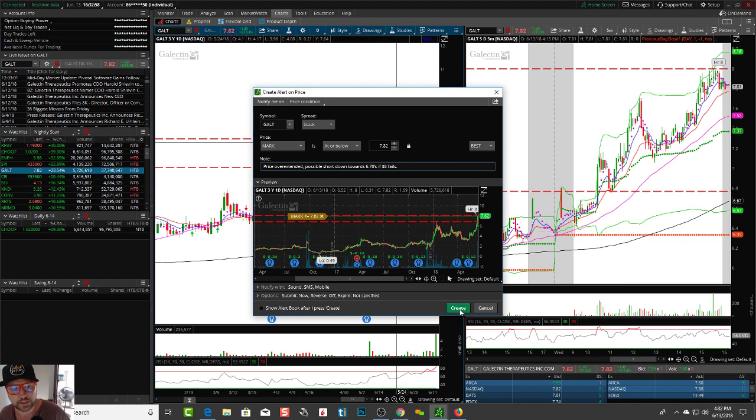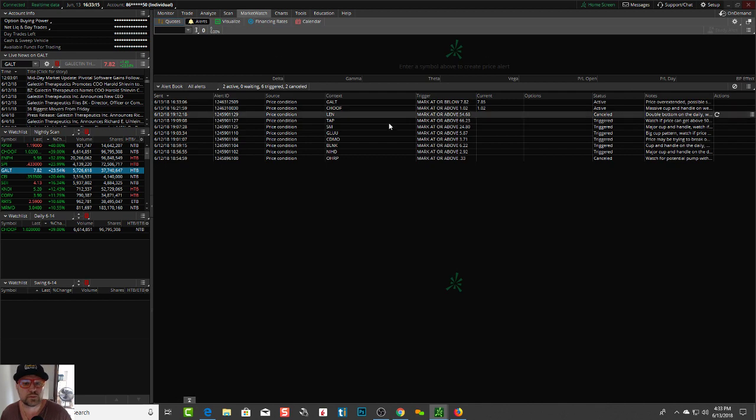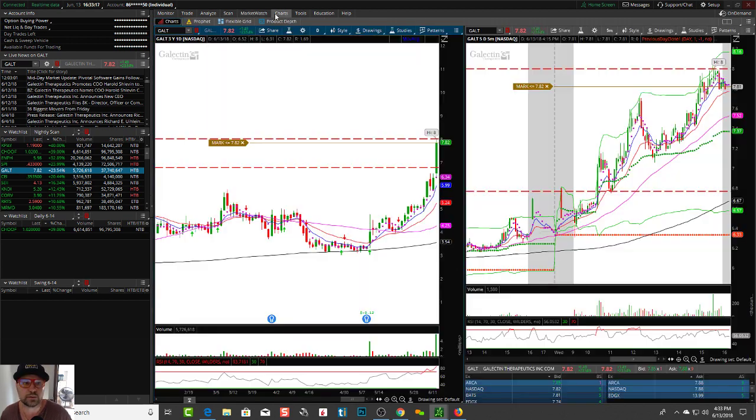Market's been going up for a little bit. Now you might have to take the other side of things. If you can't find a broker where you can short, then you can look for potential dip buys, right? So this might fail $8. Maybe it pulls back and finds a base, and then you can find a potential dip buy. So that's Galt. I would take more of the opposite side.